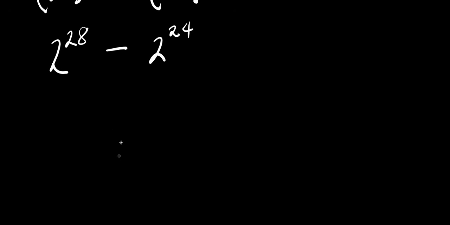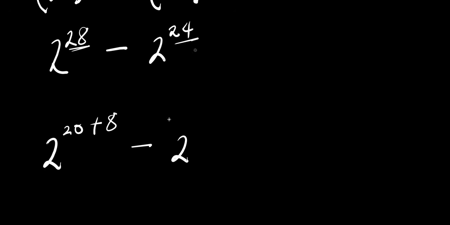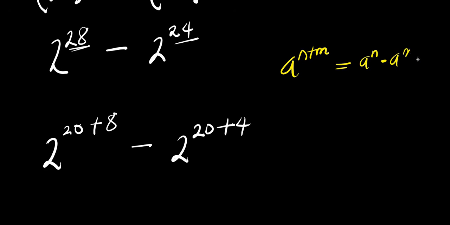So, what I can do will be to express this 28 here as summation of 20 and 8. I have 2 power 20 plus 8 minus 2 power 24. I will express it as summation of 20 and 4. Now remember, a power n plus m equals a power n times a power m. So this and this will give us